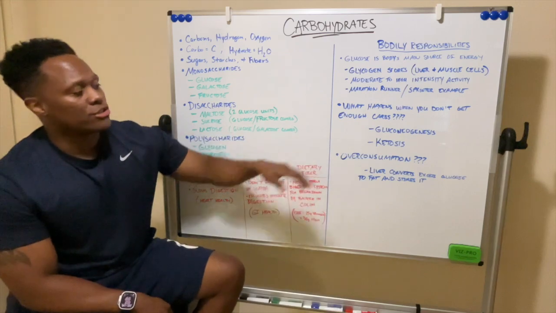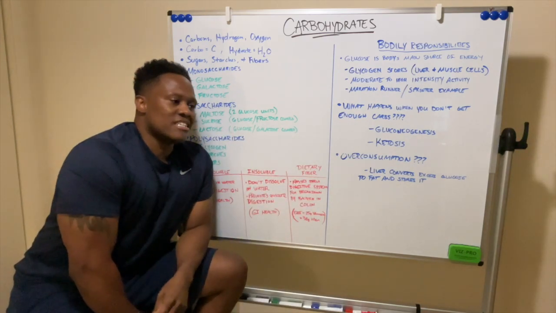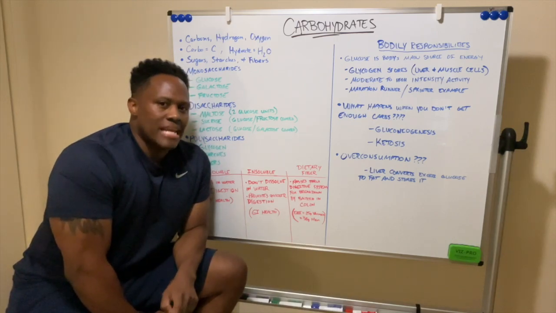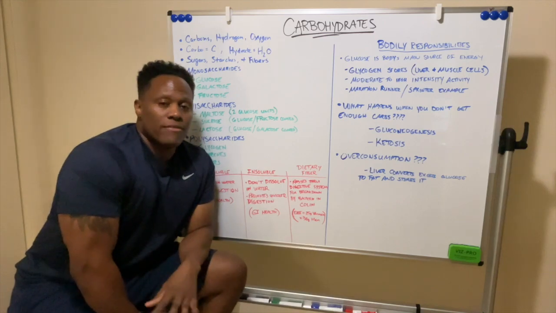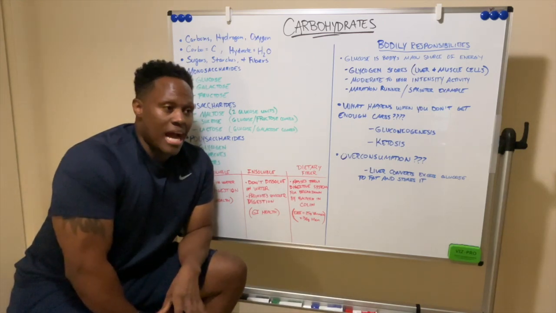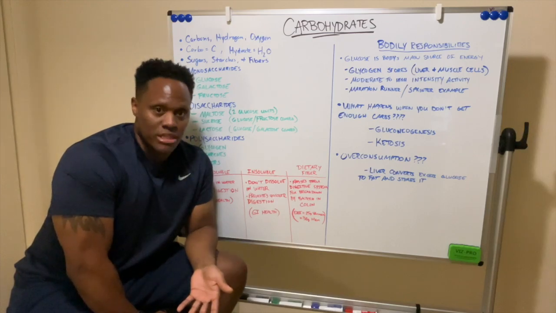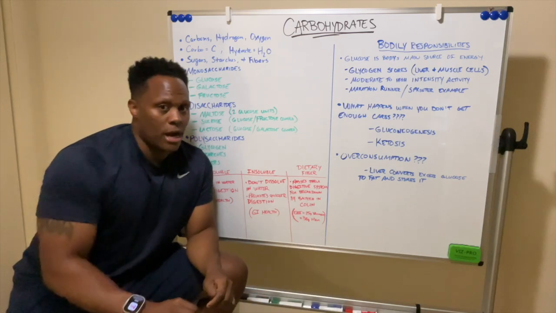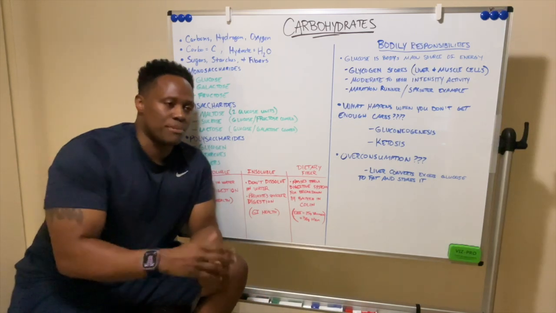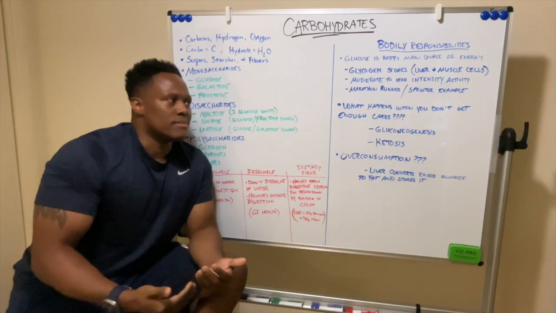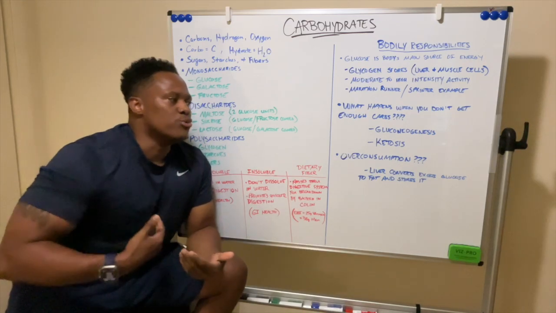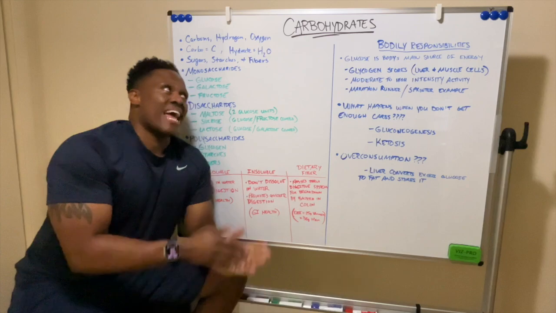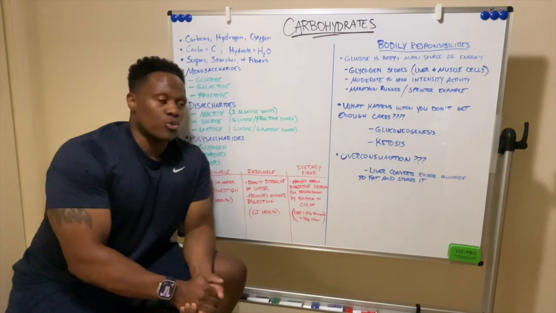Now that brings me down to ketosis. So ketosis is a state your body can enter if you don't get enough carbs. What I want to speak on is a specific dieting type, and that's the keto diet. Now, mind you, I would never tell anybody not to do the keto diet. The keto diet has its benefits. It really does work. The premise around the keto diet is low carbs and high fat, right? It's essentially a low carb and high fat diet. It's supposed to be a way for you to get more fat in, so that your body uses fats for energy, which, like I said, fat is an energy source. It's not as great as carbs, but it is absolutely an energy source.